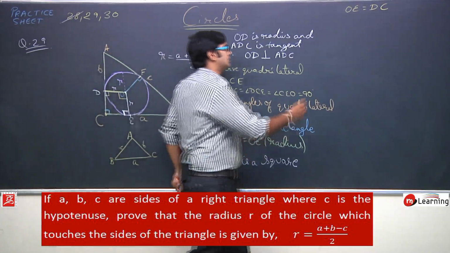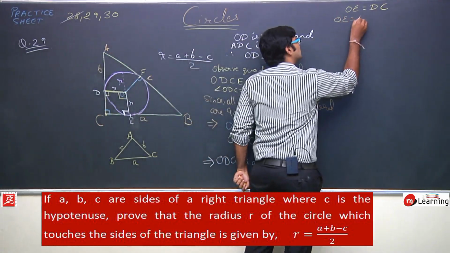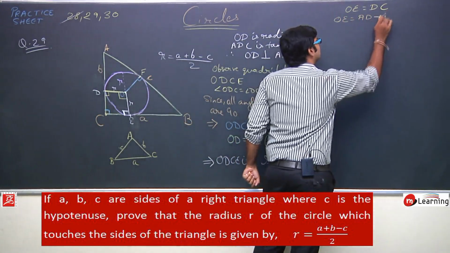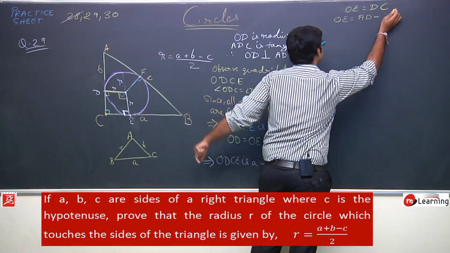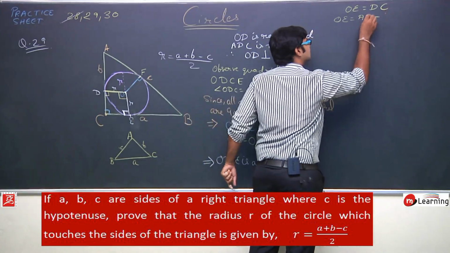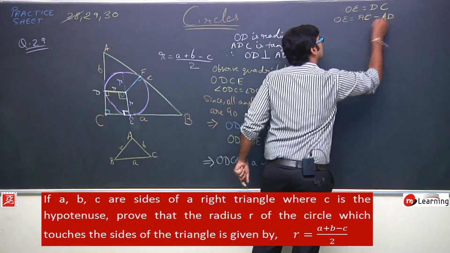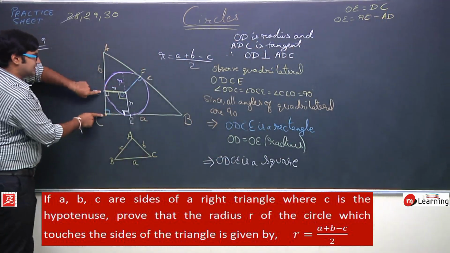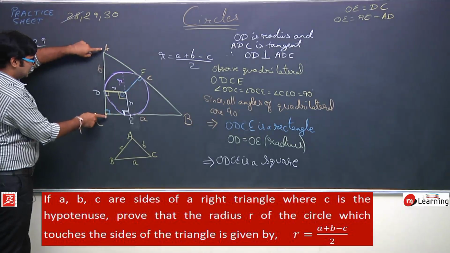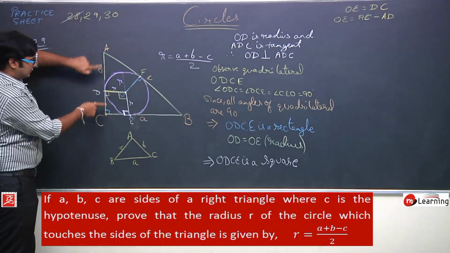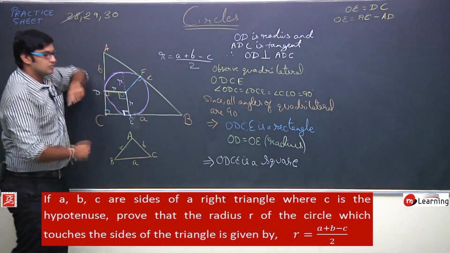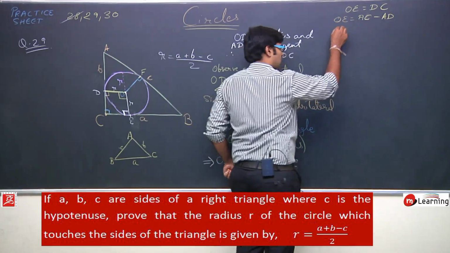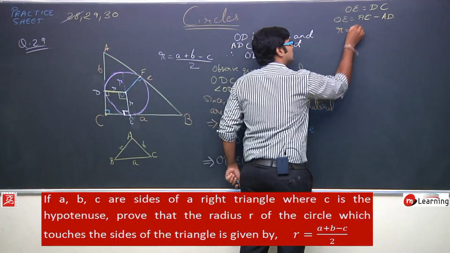So in place of DC we can write OE is equal to AC minus AD. This OE length is DC, and in place of DC this is AC minus AD. Now what is OE? OE is the radius of the circle, so in place of OE I can write R is equal to